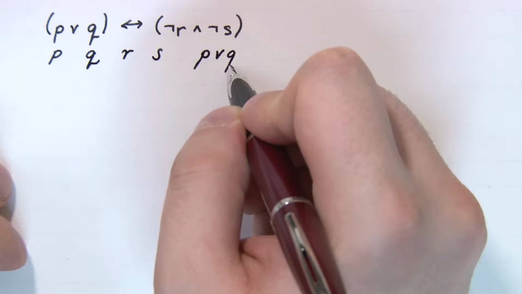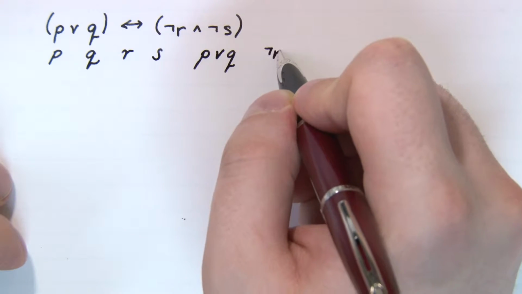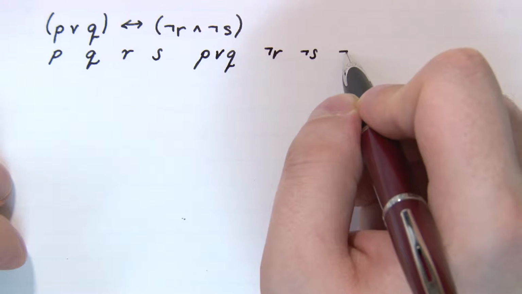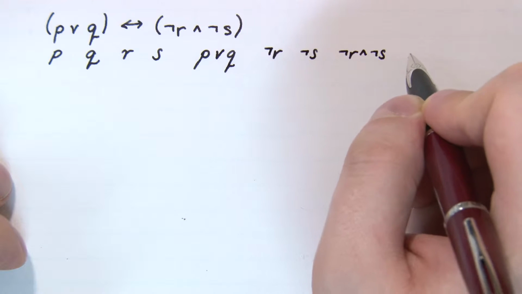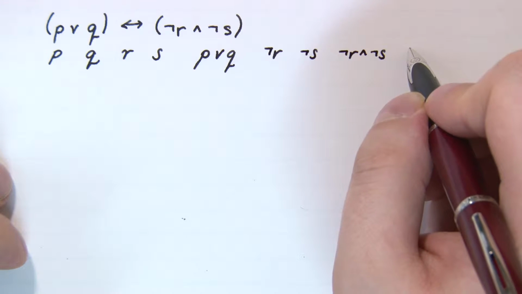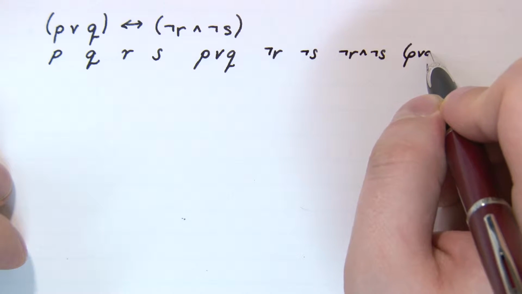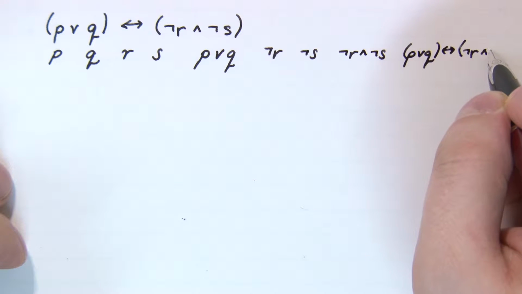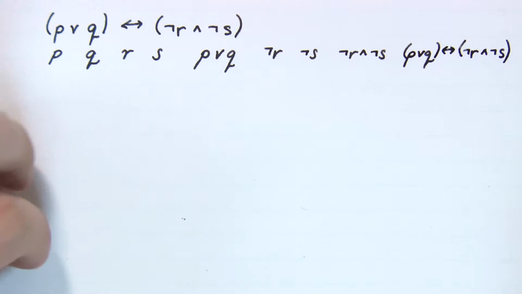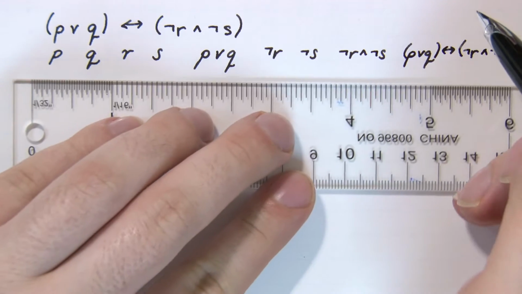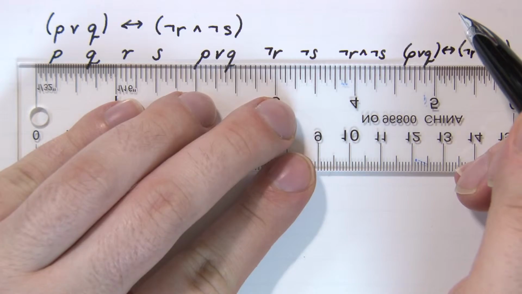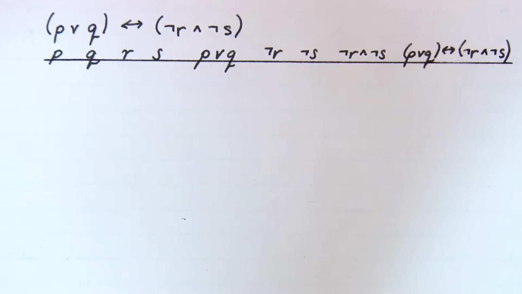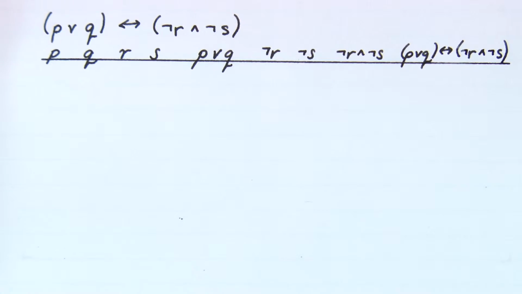Okay, so I'll do the inside of the brackets here. I have not R and not S. Then I'll do not R and not S. And then I'll finish it off with P or Q, not R and not S. Okay,